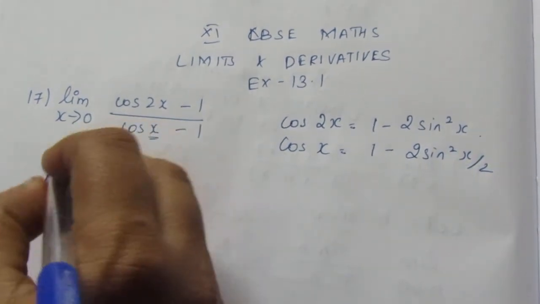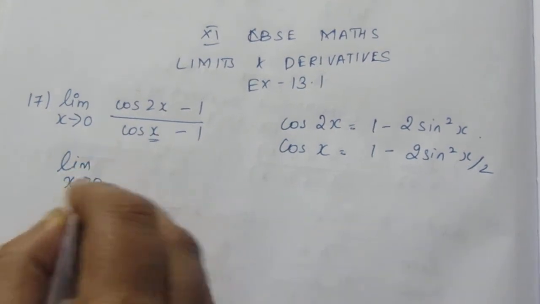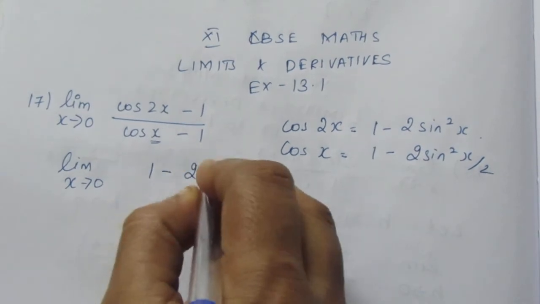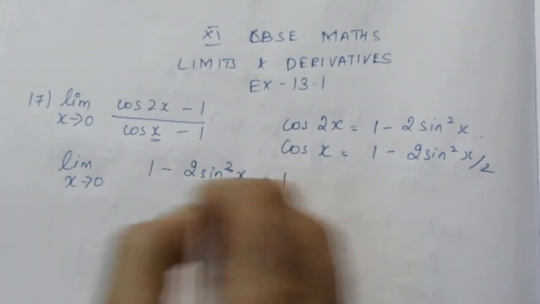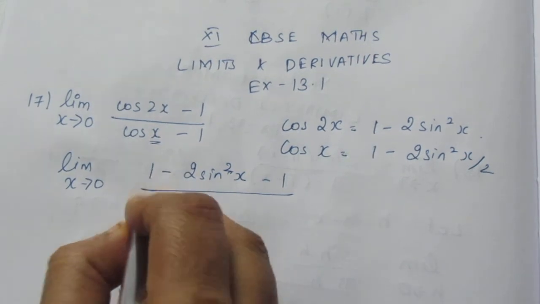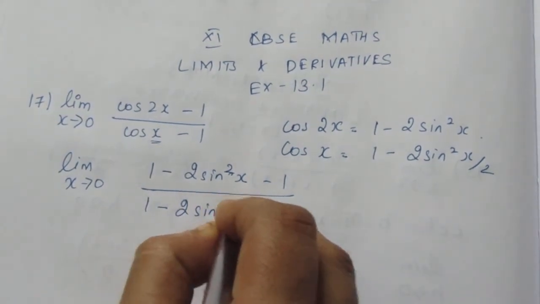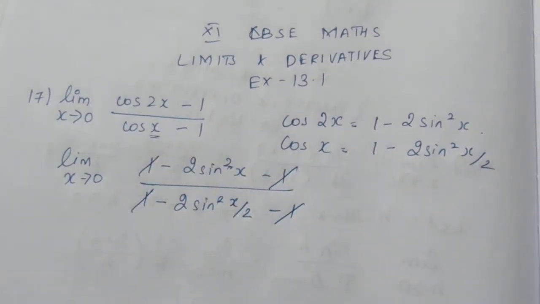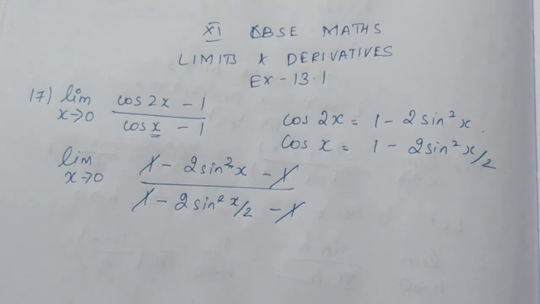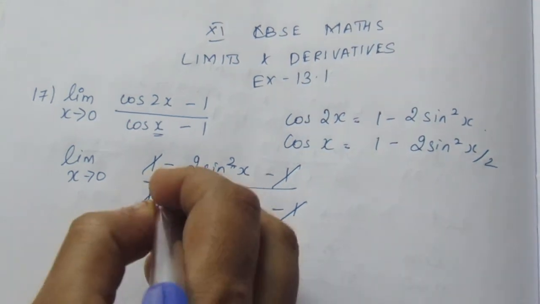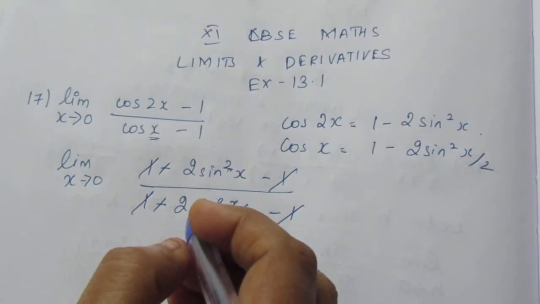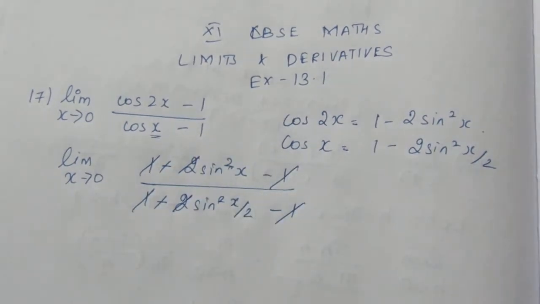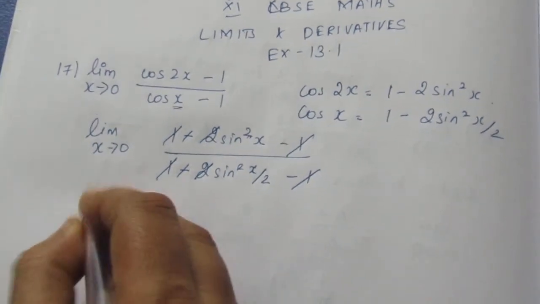Now just substitute the values here. Limit x tends to 0. Until you substitute the value of 0, write the limit. So here it becomes 1 minus 2 sine square x minus 1, by, for cos x, it is 1 minus 2 sine square x by 2 minus 1. So plus 1 minus 1 get cancelled, even plus 1 minus 1 get cancelled. Now it is minus 2 sine square x by minus 2 sine square x by 2. Even the minus gets cancelled and also the 2 gets cancelled. Now it becomes limit x tends to 0